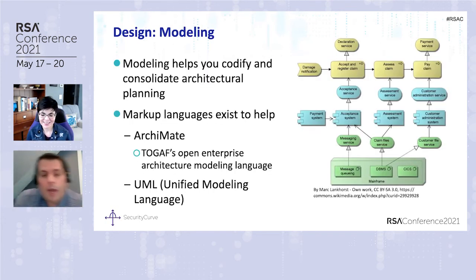So great. From a modeling standpoint, there's a number of great resources. We're just going to run through them. Generally speaking, I started off as a developer, right? So I'm kind of a UML guy. I love UML and I use it for all kinds of stuff, but it's not by any means your only option. Archimate is the architectural modeling language that TOGAF has and makes available. So those are really the two that, at least initially, we're going to focus on from a tool standpoint.